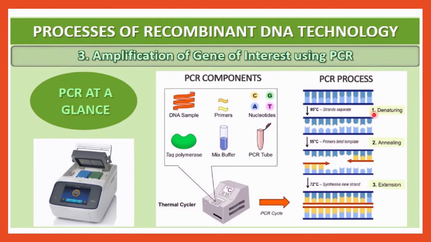Denaturation first of all, at 95 degrees Celsius, and then separation of the strands will occur. Then annealing will be done at 55 degrees Celsius, and you have to add primers. Then extension, during which you have to add Taq polymerase enzyme and nucleotides, and that process will occur at 72 degrees Celsius. As a result, according to the parent strand, you will get the newly synthesized strand artificially, and billions of copies of the DNA.